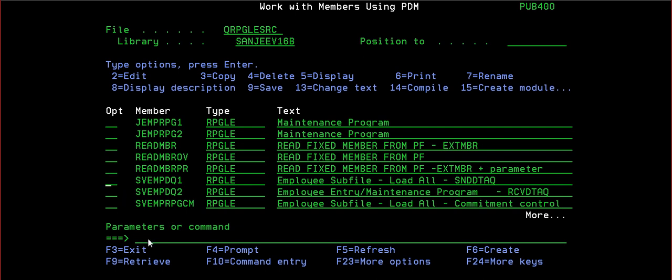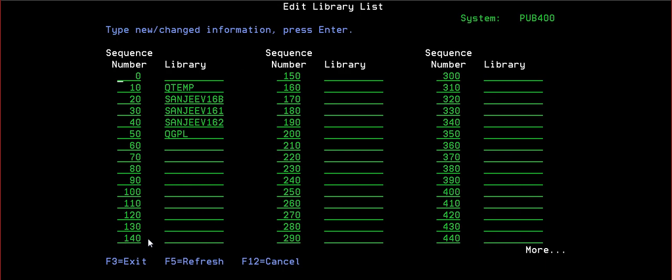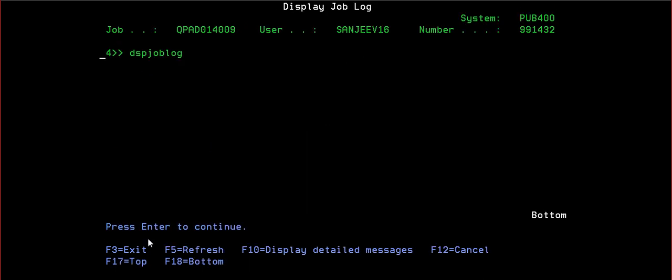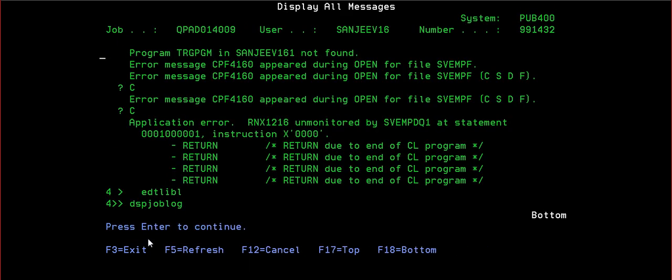Let me check the library list. DSP job log. What is there, man? CPF 416.